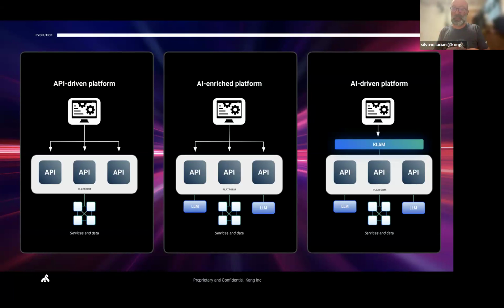Now we are in the middle, which is the AI-enriched platform. So now we have applications that use APIs, and some of these APIs improve the quality of the service by using LLMs behind the curtain, right? So that they can produce better and better results. But really, tomorrow is going to be AI-driven. Tomorrow, we're going to be able to do things where, based on the intention of a user in an application, the AI can combine different services that are provided by different APIs in the best way possible for the